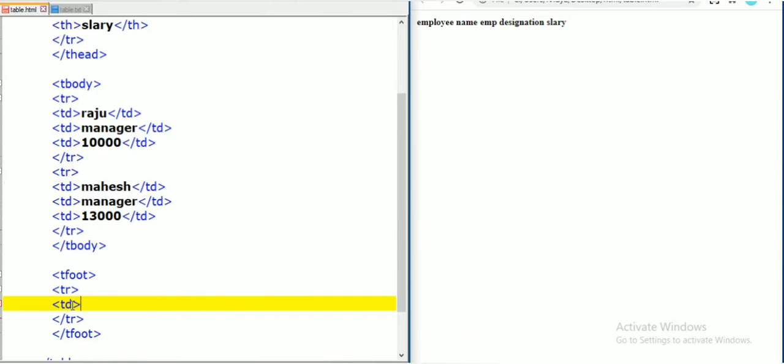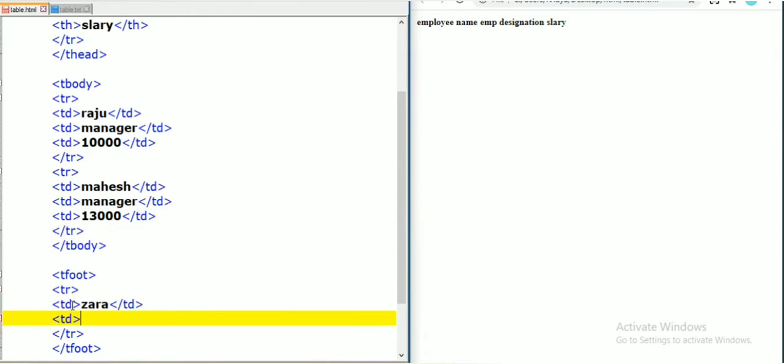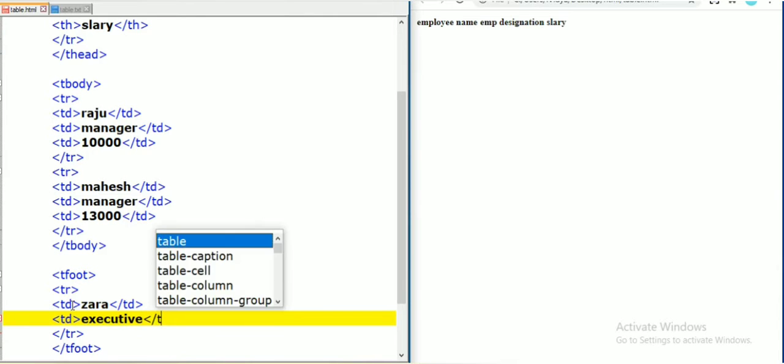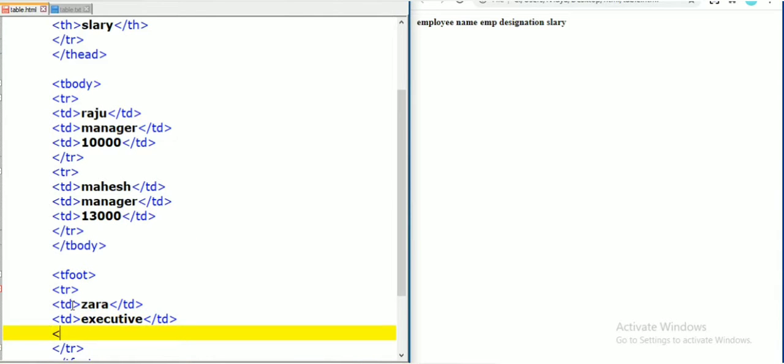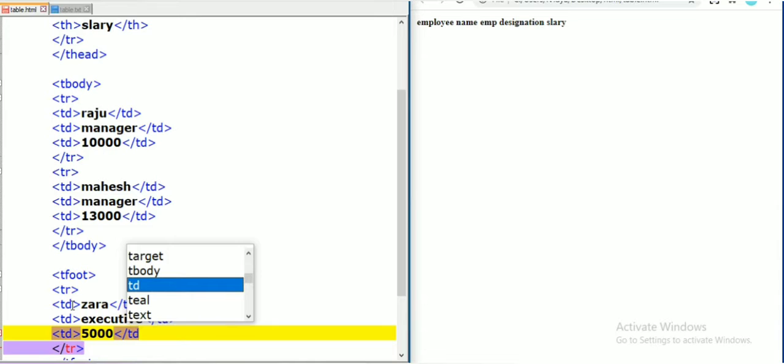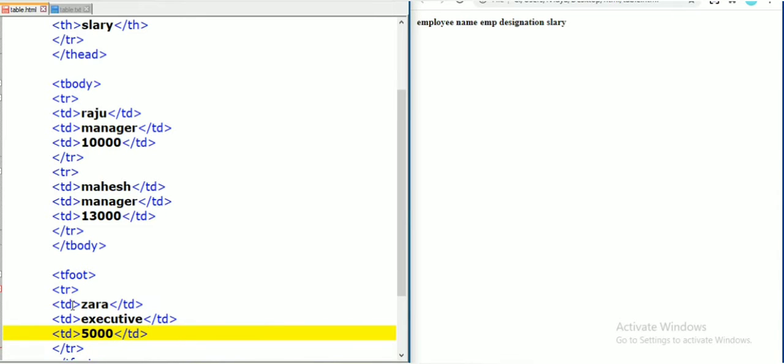Here is the name of the employee, Zara. tr, td, executive. Here is what? td. Salary is 5,000. Okay, I'm going to save this.